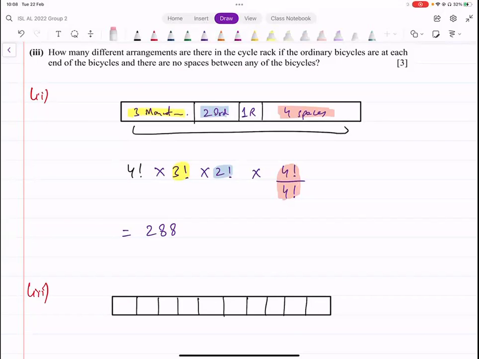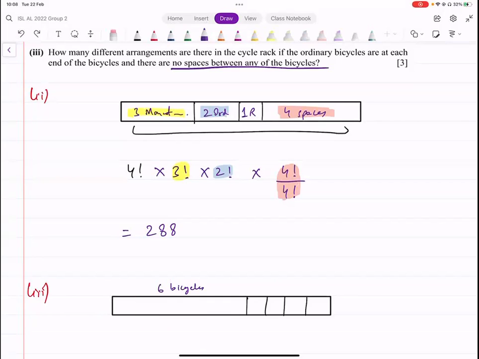Okay. So now, how many boxes do we make here? 1 box for the 6 bicycles because they all have to be together. There should be no space between the bicycles. वो सारी इकट्ठी होनी चाहिए, right? 6 bicycles जो हैं वो इकट्ठी होंगी. We say this is for the 6 bicycles. Is that okay? But then